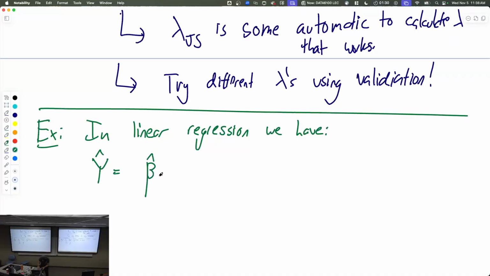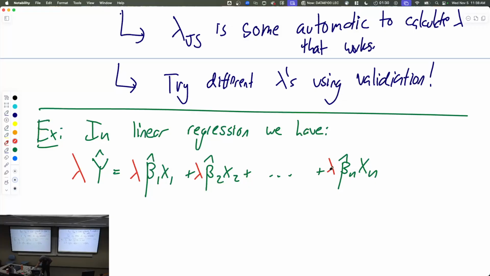So it's beta hat 1 times x1 plus beta hat 2 times x2 plus dot dot dot plus beta hat n times xn. If we were going to shrink everything, we would multiply this by some lambda, and that would multiply every single thing by lambda. So you can think of the shrinkage as multiplying every individual parameter: all the beta hat parameters are shrunk